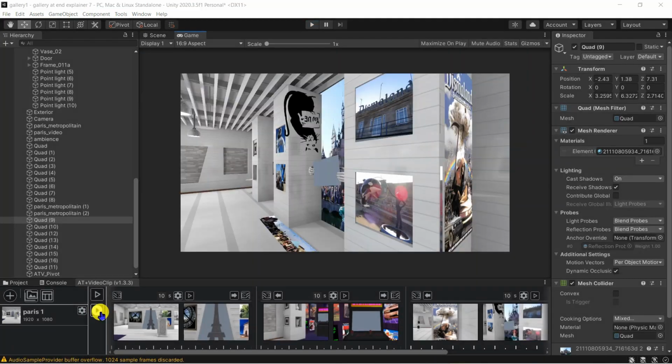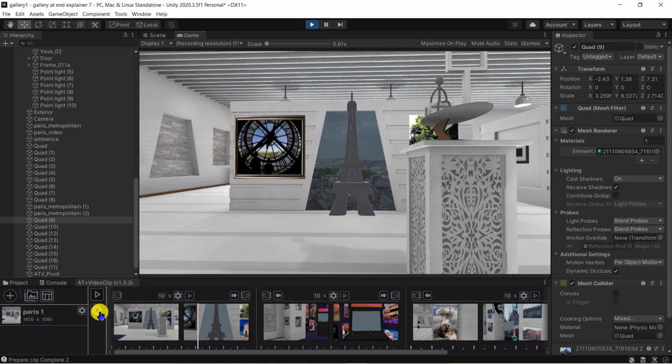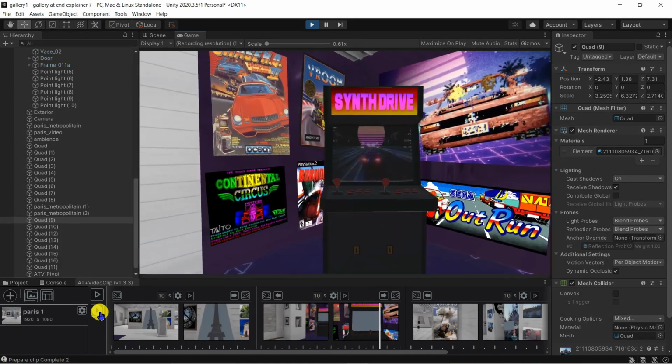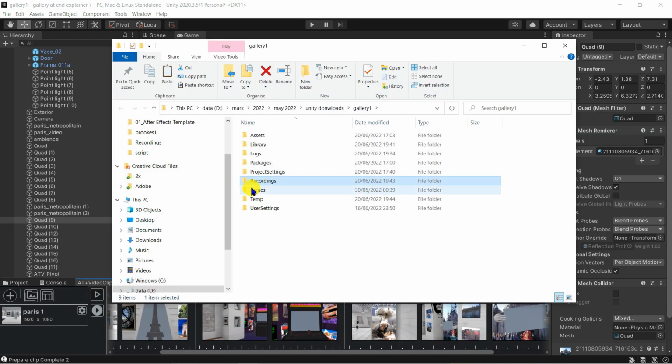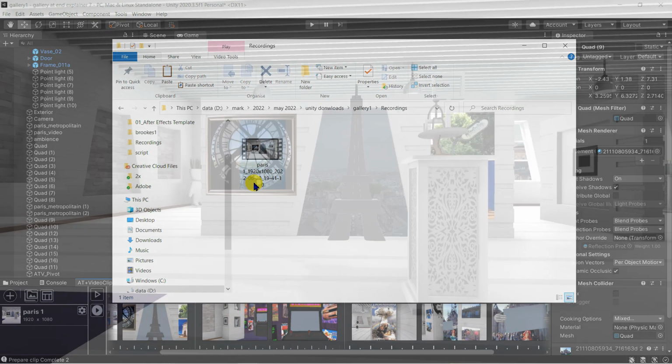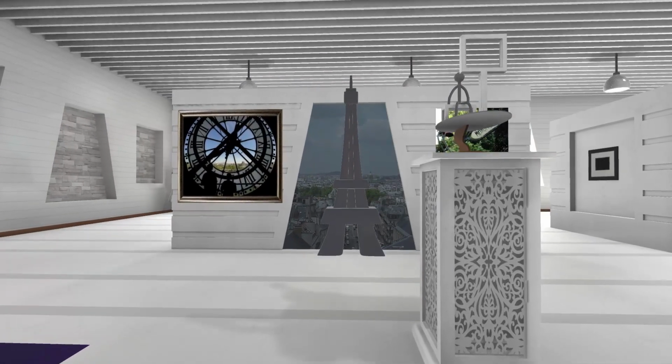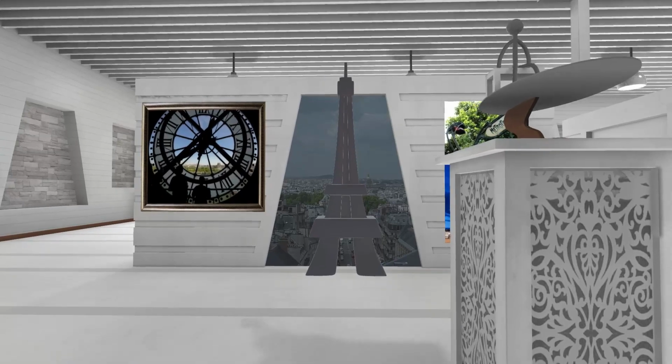To export it, click on Record Video. The animated camera is now recording its view to an mp4 video file as it moves around. To check it's worked, click on Open Recordings folder. That's working nicely. I'll go on to create and export additional short